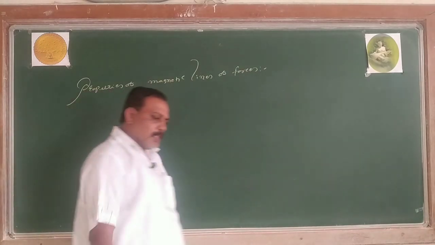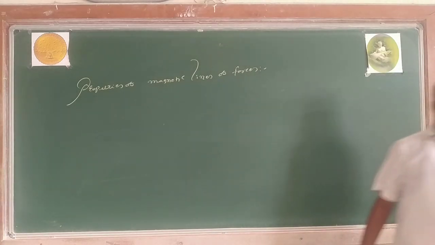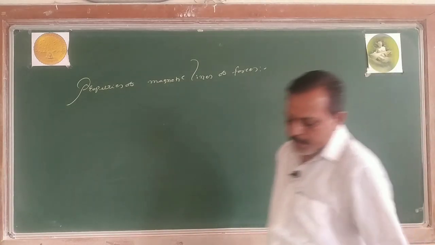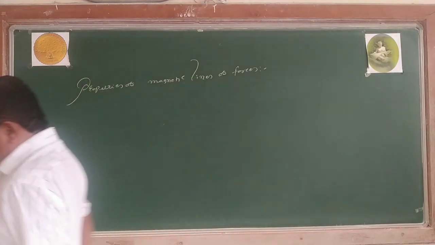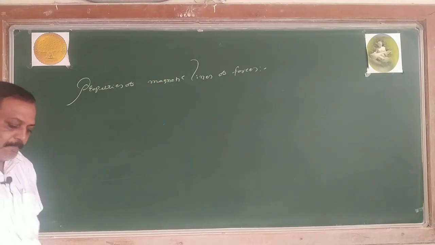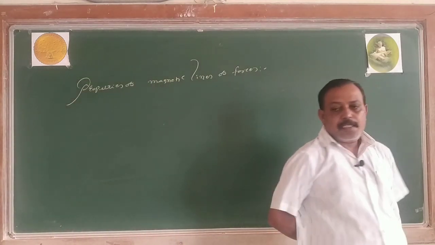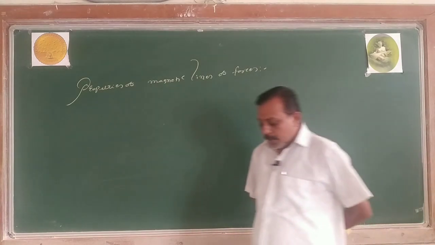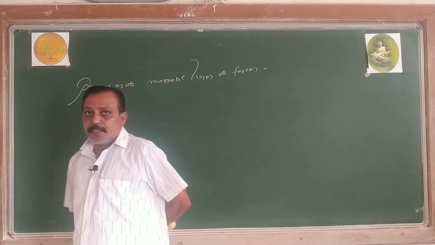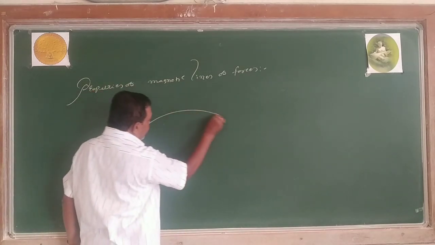Electric lines of forces and magnetic lines of forces are purely geometrical representations. They do not have a physical existence. The detailed study of the electric and magnetic lines of forces was done by Michael Faraday. The magnetic lines of forces are not the real ones; they are a geometrical representation, purely curves.